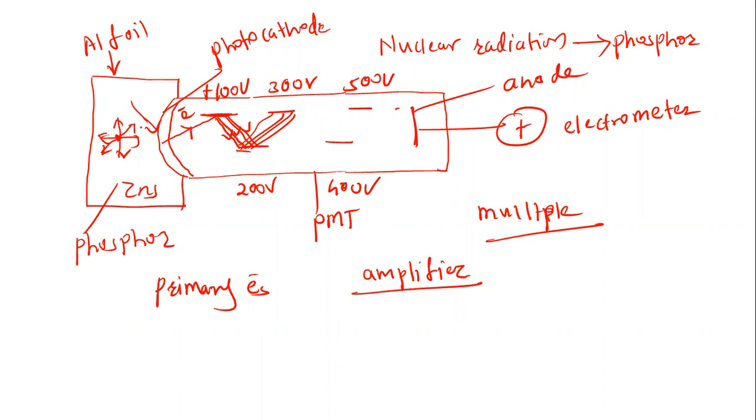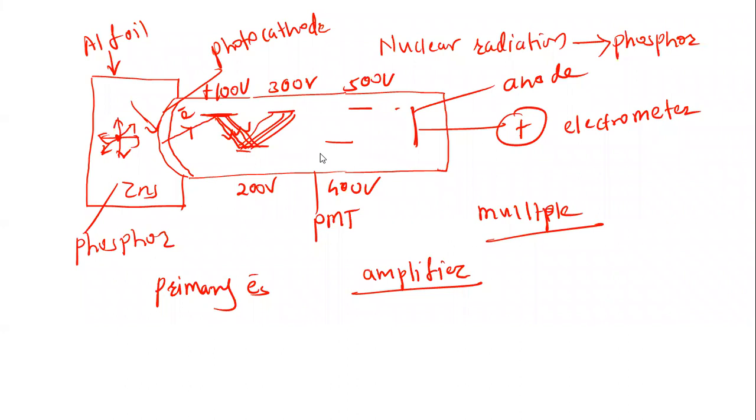And on the basis of that, we can say that the number of scintillations produced here can be counted, because it is a scintillation counter. And that is our aim, to count the number of scintillations. So in this way, the number of scintillations are counted here. Okay. So this is the function of the scintillation counter: principle, construction, and working of the scintillation counter.